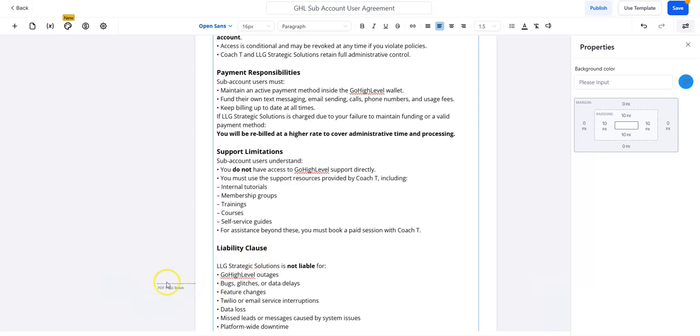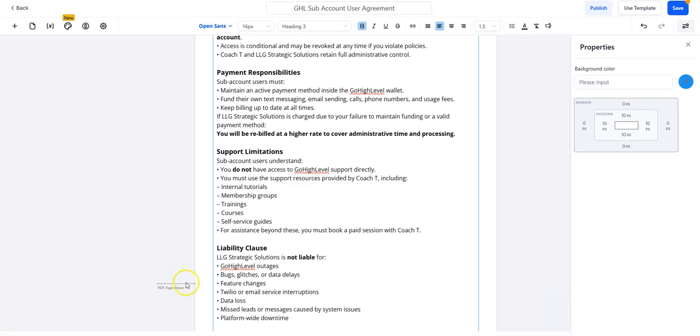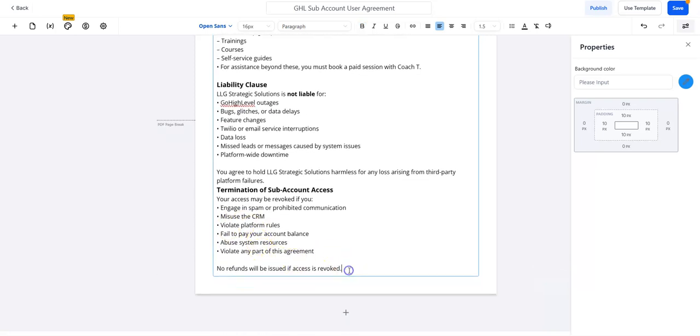So that told me right here that this is a page break, right? That means that this is going to be on a separate sheet, right? So you can continue to build it out, or you can add a second page if you want to. I'm just going to keep on doing it and let the system separate it for me, right? So next,